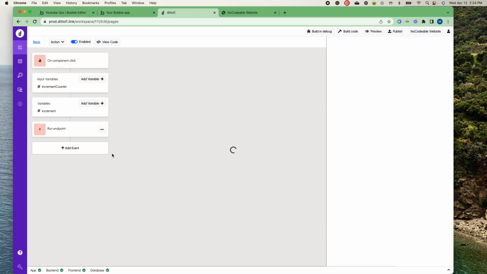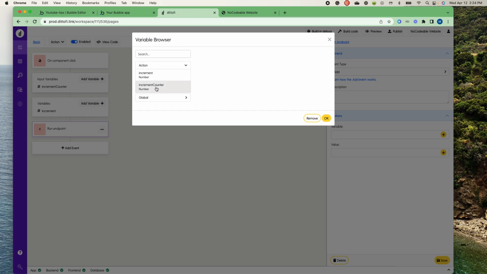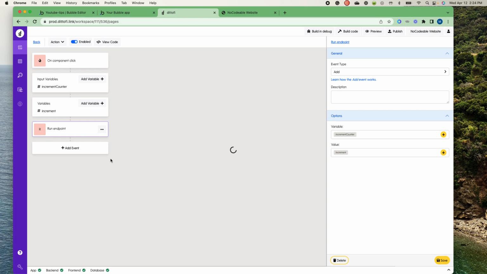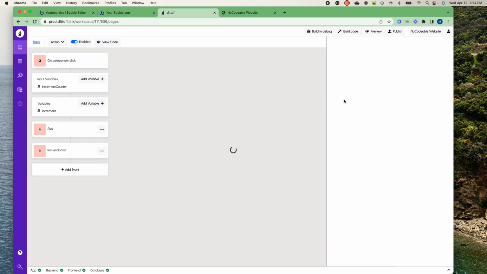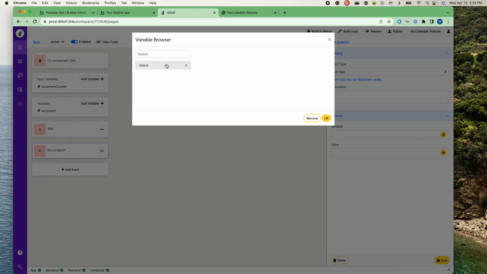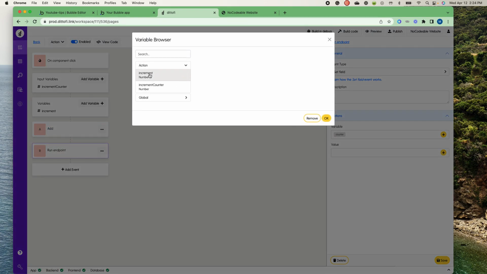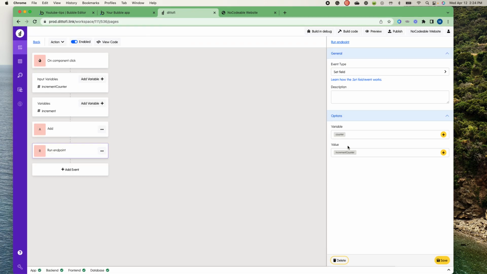And so then the first thing I have to do is my math, right? So I need to go in and I'm going to add this time. And the variables I'm going to add are my increment counter, and I'm going to add the increment to it, save. And then I'm going to add another event here, which is going to set the field of counter to my increment counter value. Okay, so I save that,